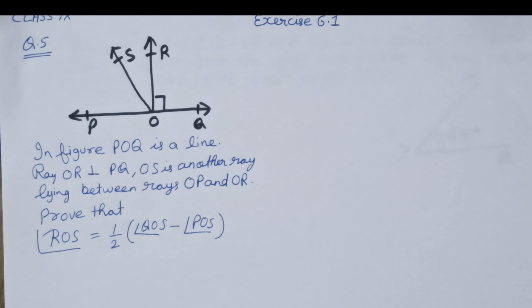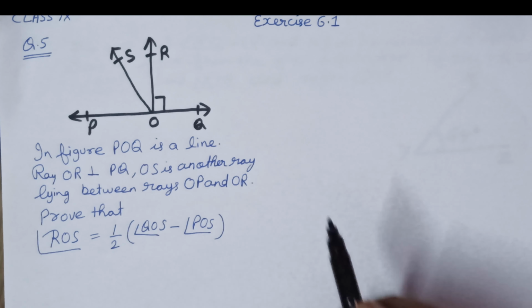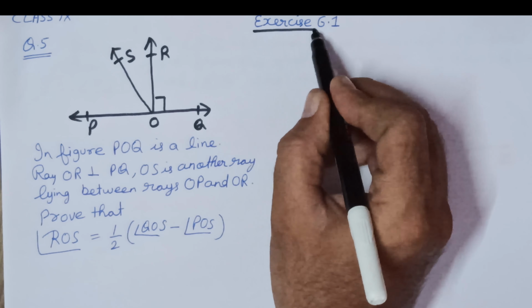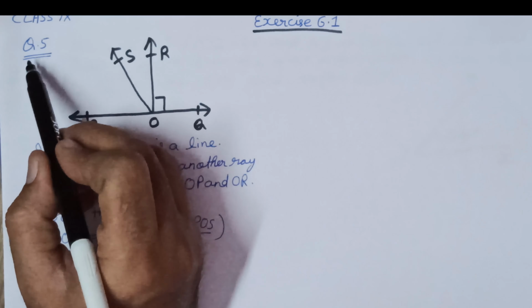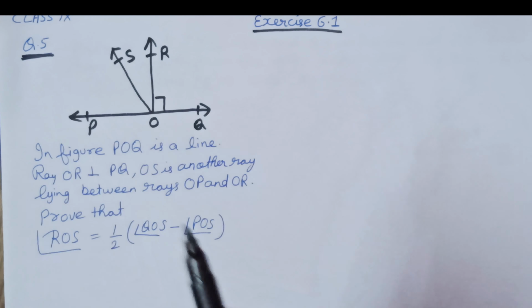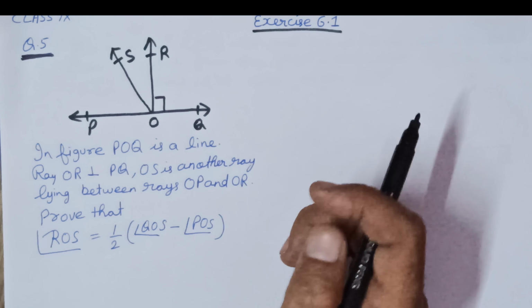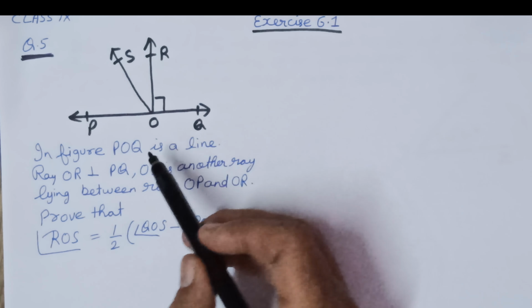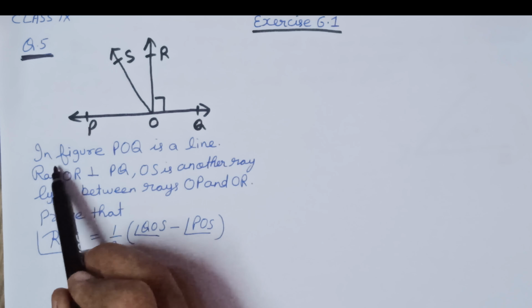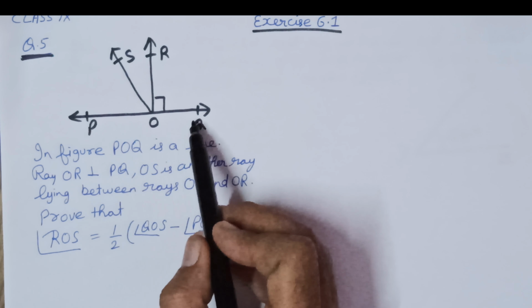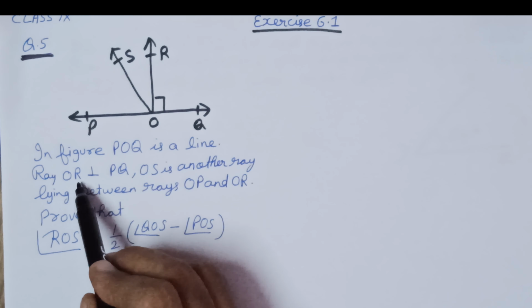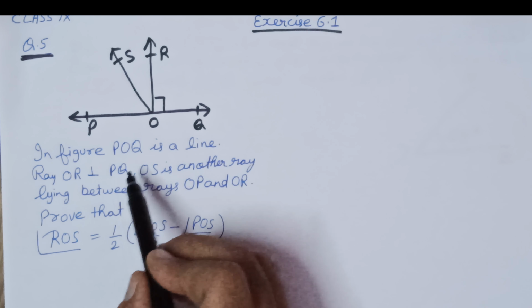Yes. Now exercise 6.1, question number 5. I am starting. This figure is as such given. About the figure, what is written in the figure? POQ is a straight line. Ray OR is perpendicular to